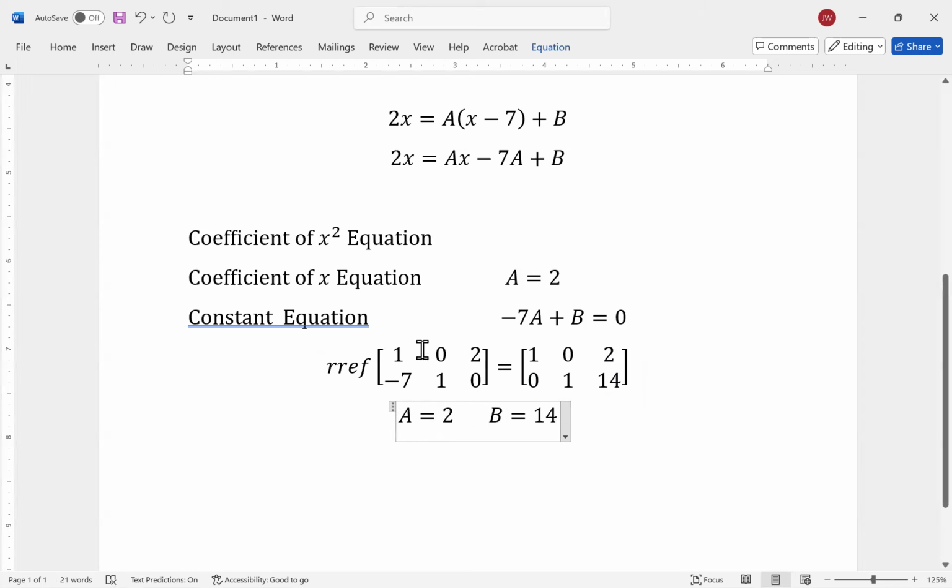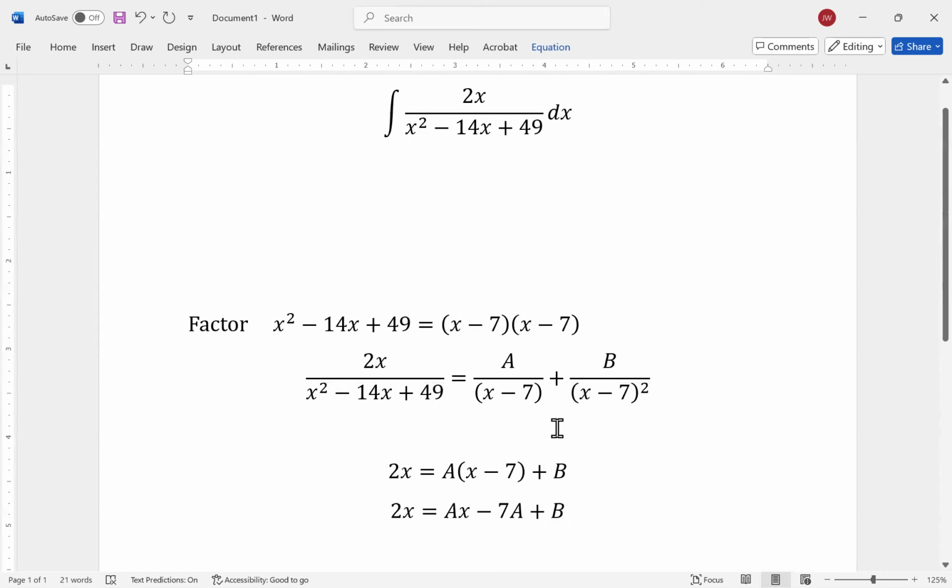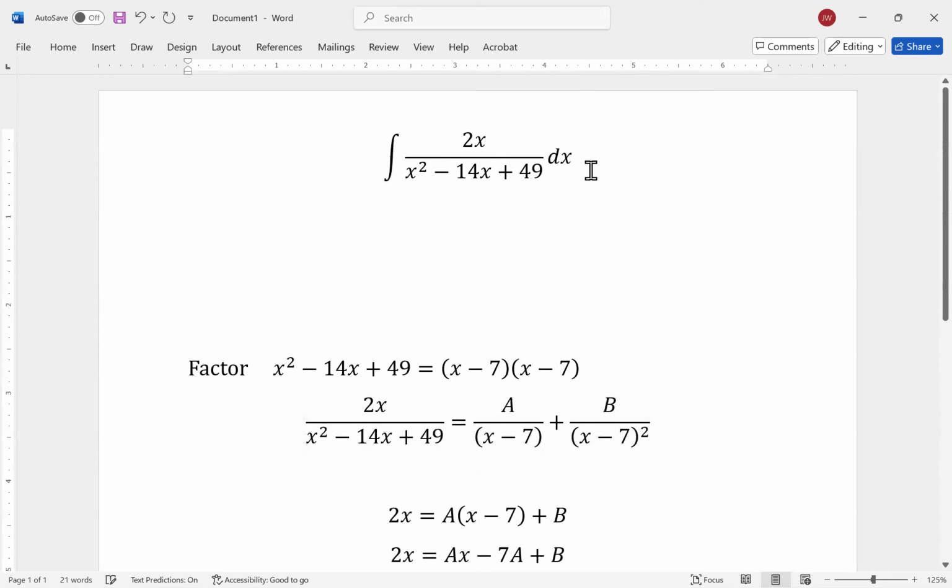You don't have to always do the row reduced echelon form. I'm just trying to show that and emphasize that if you need it, especially in problems which are more elaborate, then it's nice to have. But on this one, I would have probably just plugged in 2 for A and then solved for B and saw that B was 14. In any case,